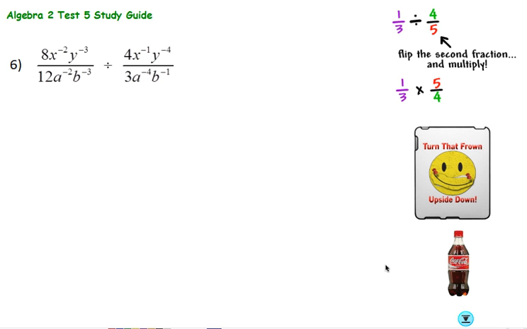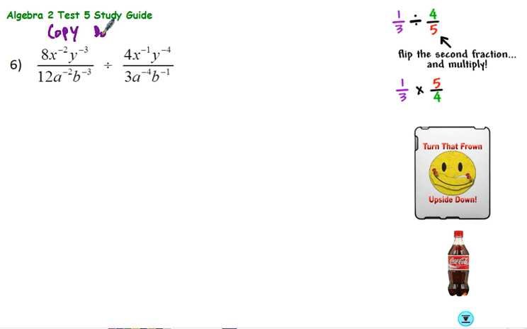Because what we're going to want to do is flip the second fraction and multiply. And I've got just a little reminder here on the top right for you. You also notice some negative exponents, so we're also going to have to turn some frowns upside down. So there's kind of a lot going on with this problem. So let's rewrite it first, and then we can get to slashing and all that kind of stuff. So just remember with this,